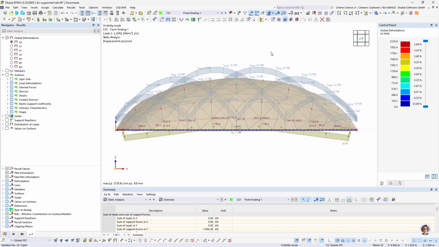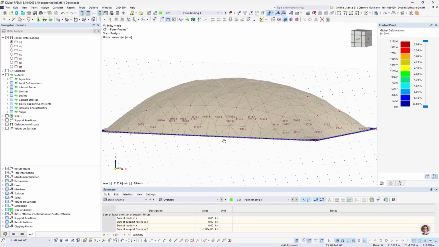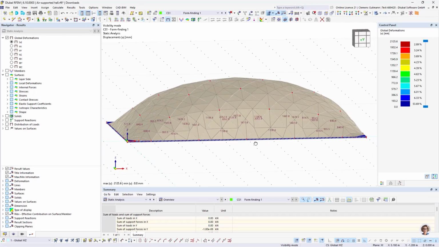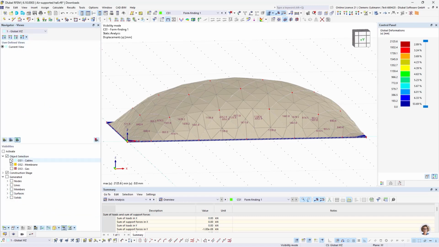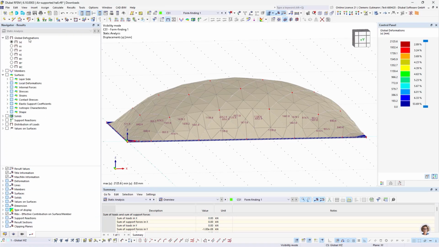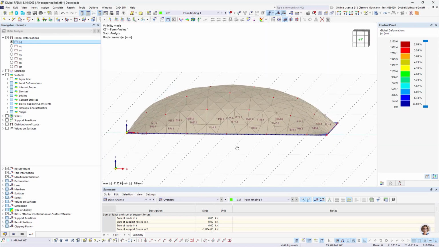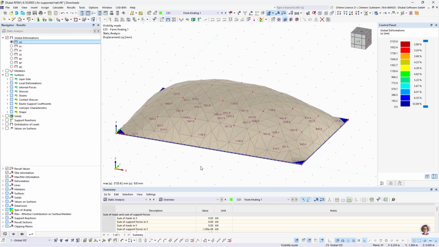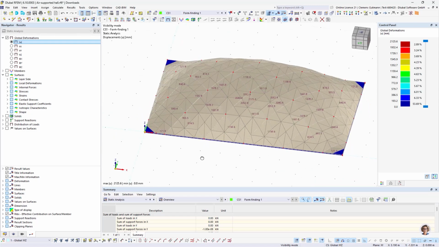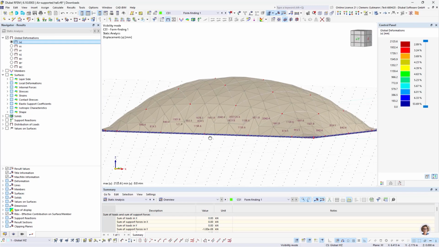And now we are getting in the direction where I want to go. So yeah, maybe we can take a look at the cable members, or at the global deformation. We have around 2 meters, a little bit more, but it's still close to what I wanted. And yeah, we could proceed with that, but I want to show you another approach, because this approach has some